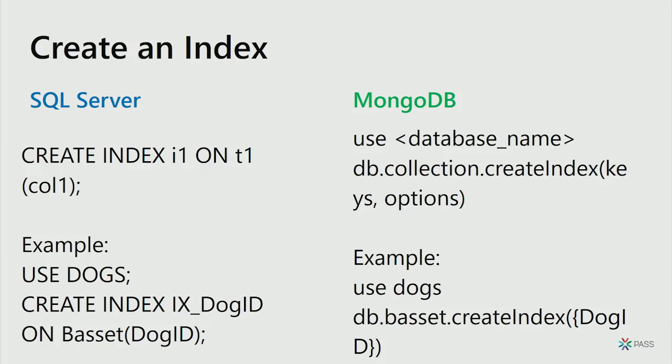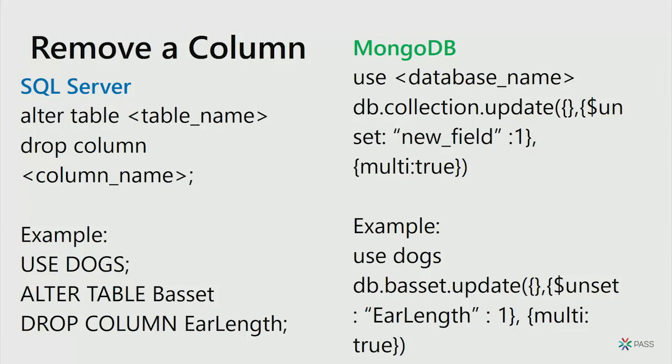Create an index. This is pretty much exactly the same as indexes in a relational world. We have your text indexes, your multi-key indexes, all of that. And that's just the create index command in Mongo. Removing a column, again,